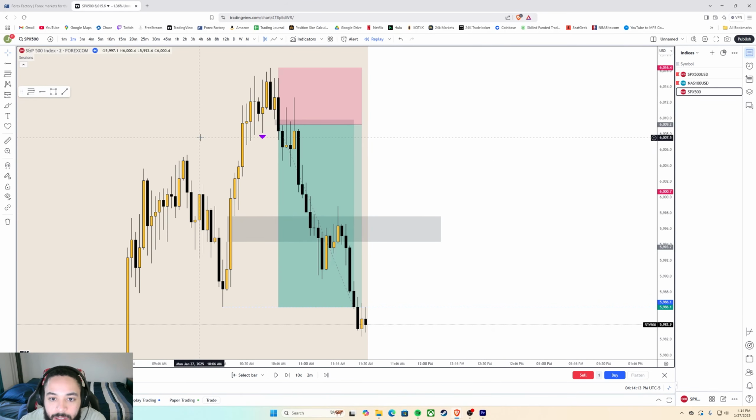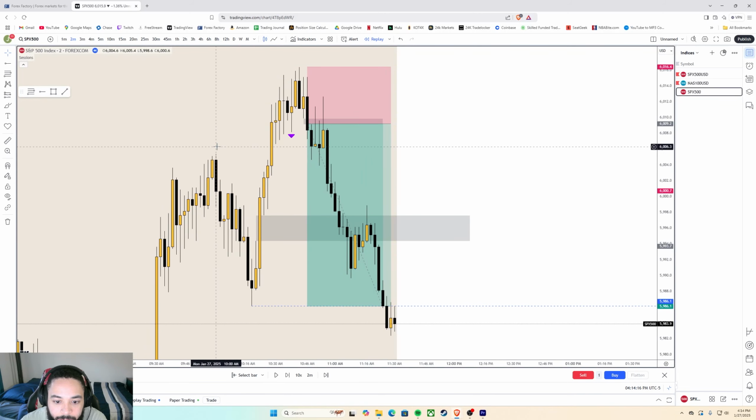Let me show you guys an example here quickly while we're here, right? So what I mean by this fair value gap, for example, if we use another fair value gap, let me show you this fair value gap right here that I've highlighted. This gap right here would be a gap that I would have traded months ago, right? Years ago, because I would just think, oh, fair value gap, it's just a gap in the marketplace. I'll take that. But where I'm at right now as a trader, I would no longer take this. Why? Because this candle right here, I'm looking to take sells, and I want to see a break in structure,